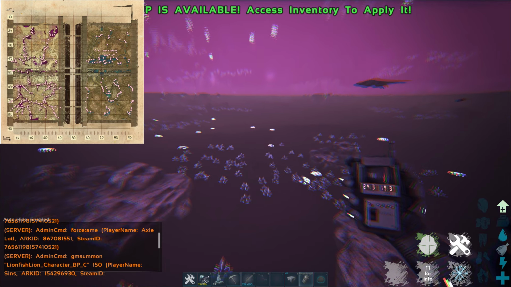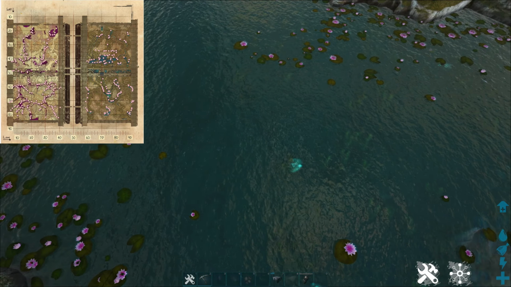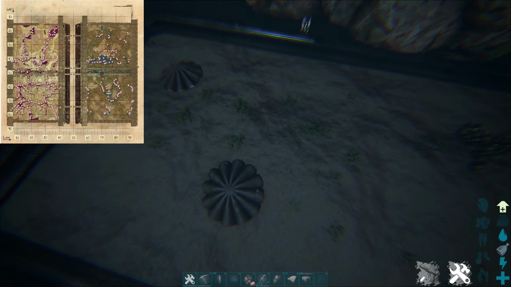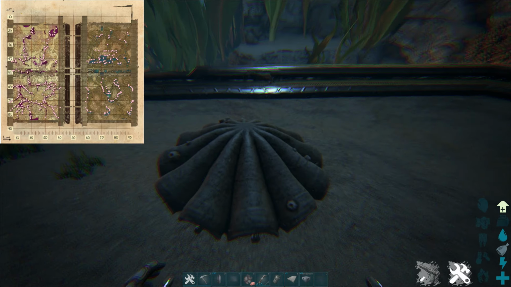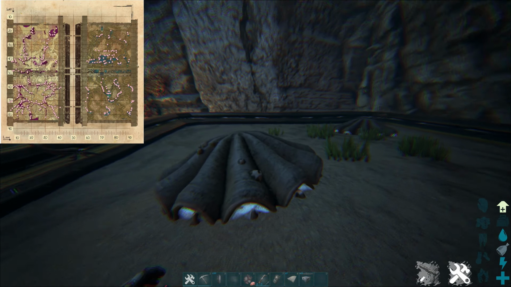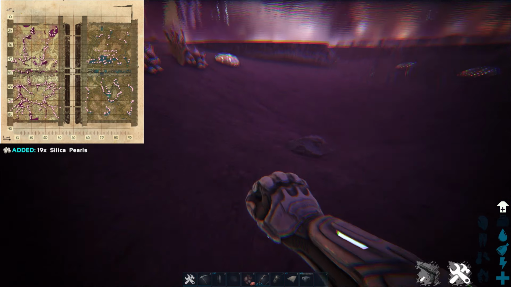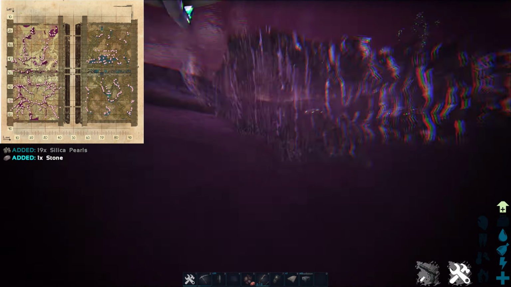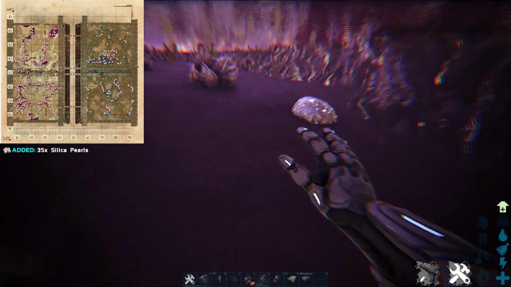Silica Pearls. This material can be found alongside or at the bottom of almost every lake in Genesis 2, as well as the bottom of the ocean biome. For those who played ARK prior to June of 2018, you would know just how important these pearls were to the late game progression, as they were the core ingredient for electronics. The following creatures have a chance to drop Silica Pearls when harvested: